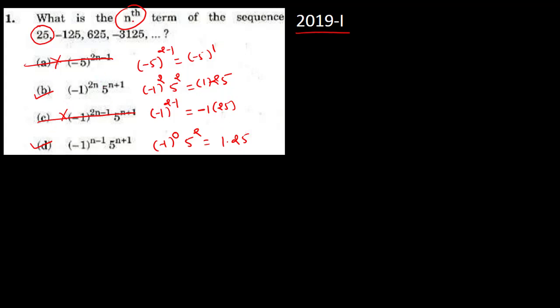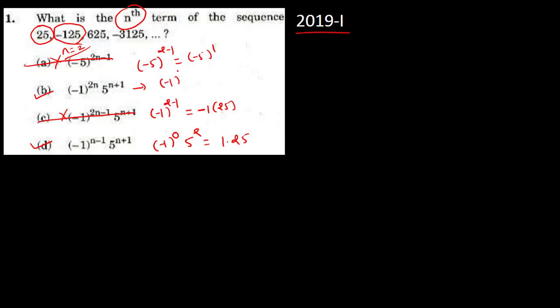Now if you substitute n is equals to 2, you should get minus 125 is your answer. So first check in the option number. First check option B. Okay, अभी again no need to worry for the option A and C, वो तो ऐसे ही कट गए. ठीक है, अभी ऑप्शन B में just try to substitute 2.